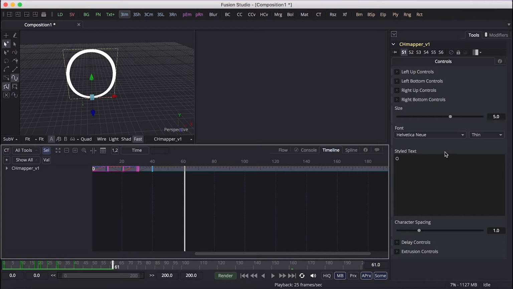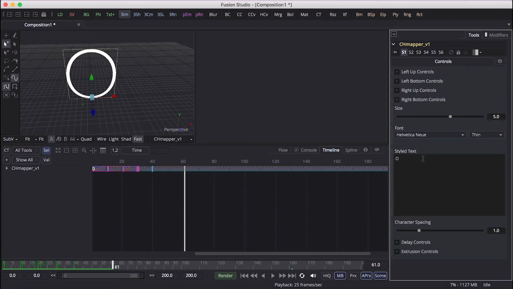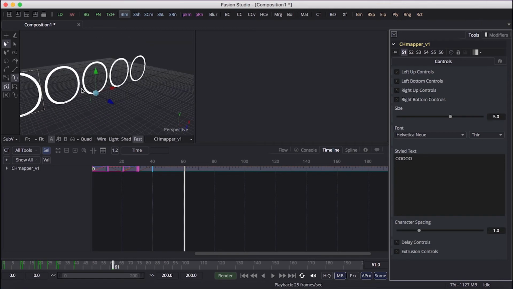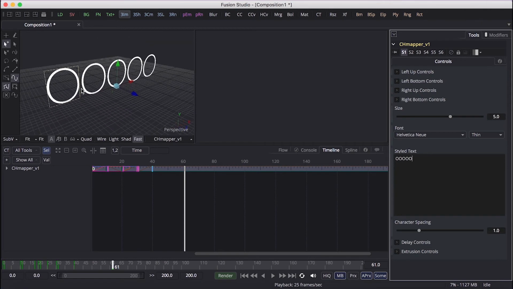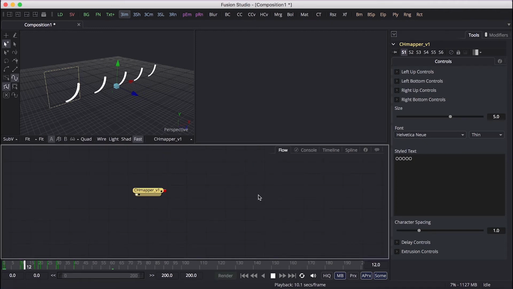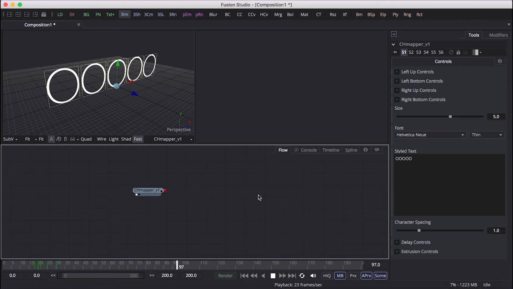And let's add more characters. Let's keep the O's. Make it 5. Now it happens all at once.